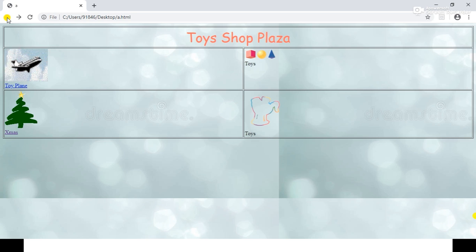Similarly, as we have given the link to the other page also, that is toy plane, click on this text or image, and it navigates to these pages. So click on this Order Now, give your information, select the option of payment and place the order. It will display the successful message. So this is how we create the plaza in the composer, by inserting the image and inserting the hyperlink.